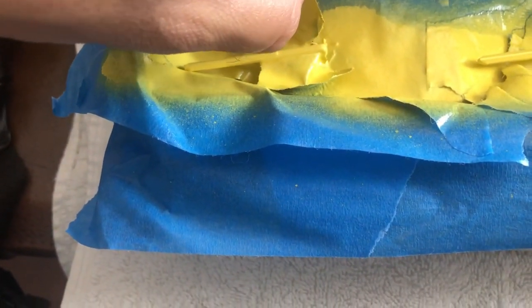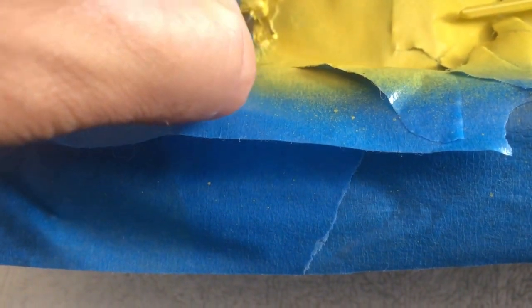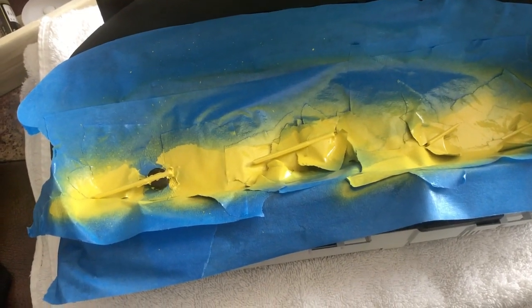Be advised, be very careful when taking the tape out. You don't want to rip the cluster or whatever. So we're just gonna take it little by little. Looks like we might have messed up. That's alright, we'll fix it up. There's always ways to fix it. But obviously it's not gonna be perfect. Great. We're gonna have to use like a cutter for that. Wow. Alright. You know what? I'm not even gonna record it taking it out. I'm gonna take this out because I can't record and take this out at the same time. But I'm gonna have to use like a cutter to take out the rest of that paint on the side,